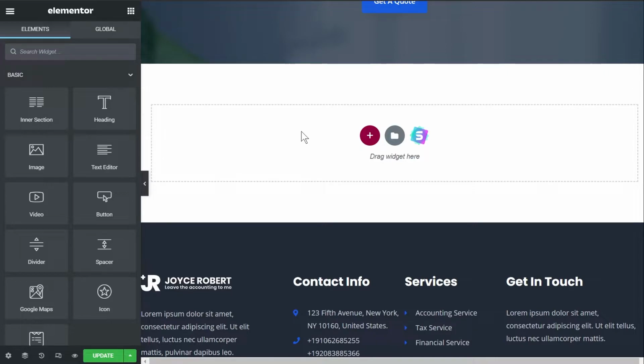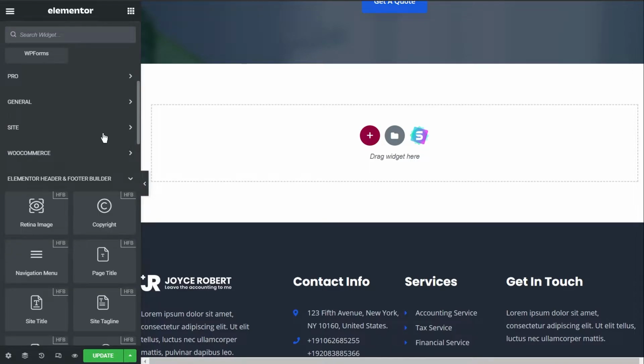So what I'm going to do is, instead of using the basic Elementor widgets, use a special widget provided by Ultimate Addons for Elementor, also called UAE for short. I already have the plugin installed. I'll give you some more details after I demonstrate how you would add the FAQ schema. But just to give you an idea, Ultimate Addons for Elementor is a beautiful, amazing, powerful collection of widgets.